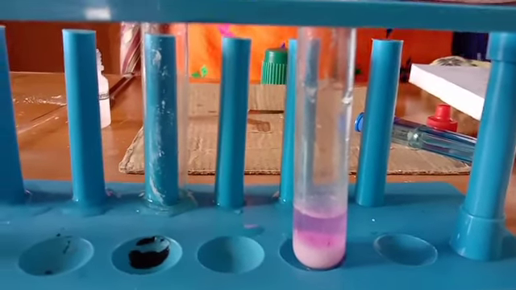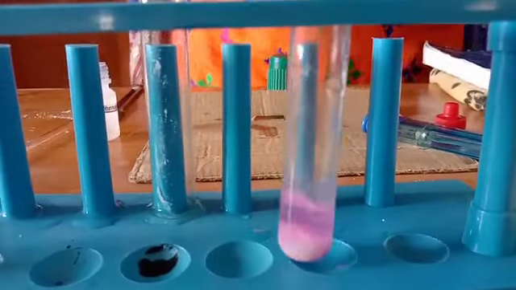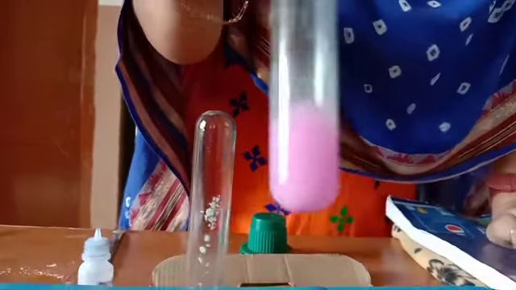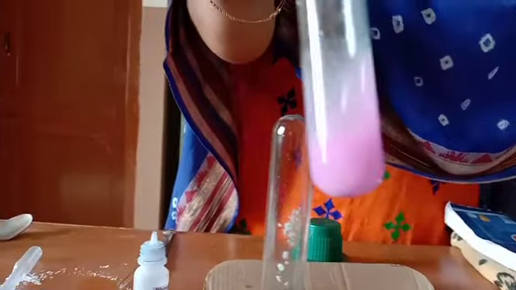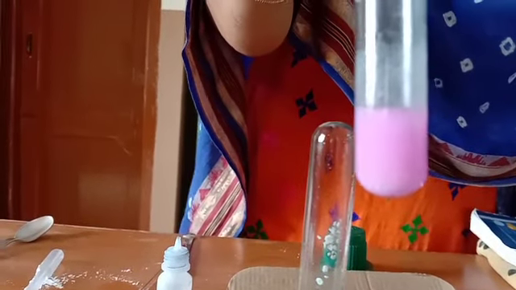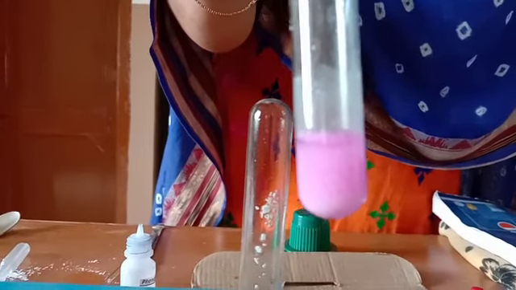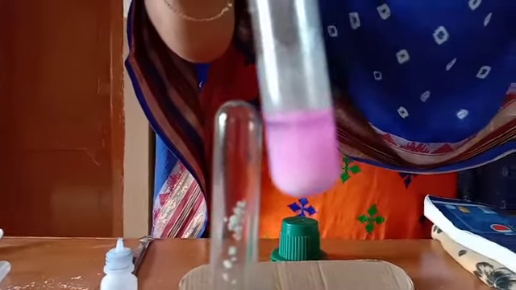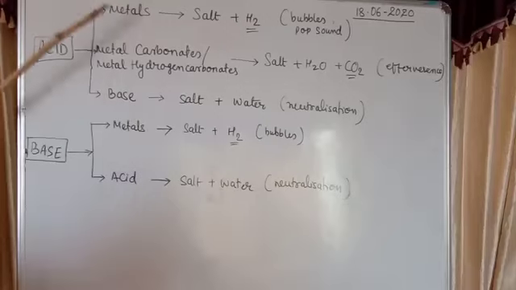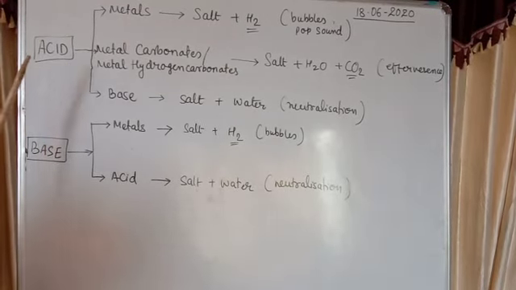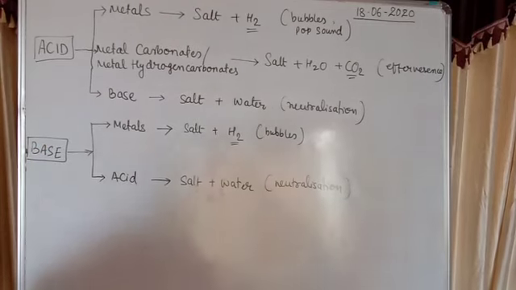Why do you think that has happened? In this activity, as you can see very well, the pink color has reappeared. In the above activity, we can see the effect of base is nullified by an acid and vice versa. Okay, the effect of base is nullified, means it becomes neutralization, and this reaction we say is a neutralization reaction. Now let us go for a short overview of the reactions of acid and base.